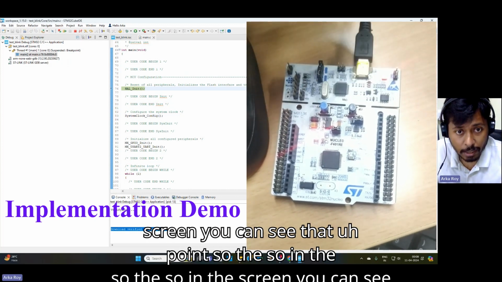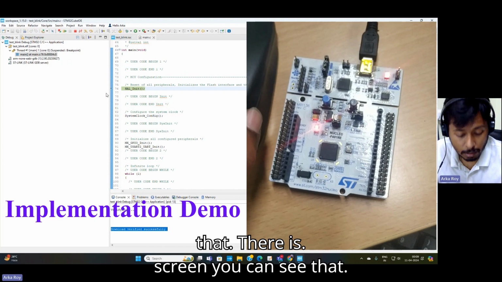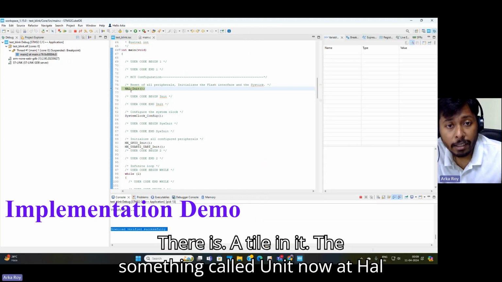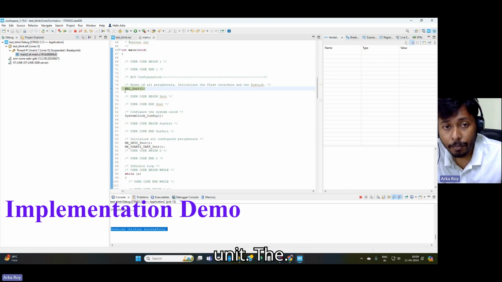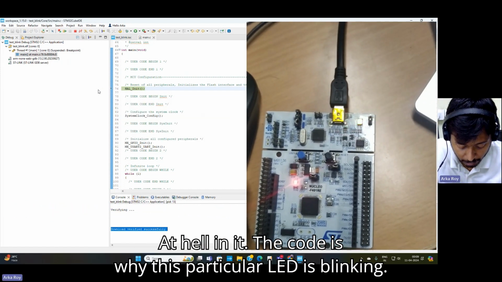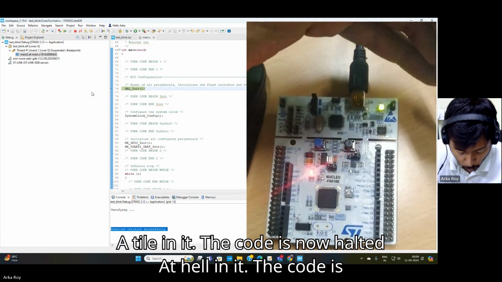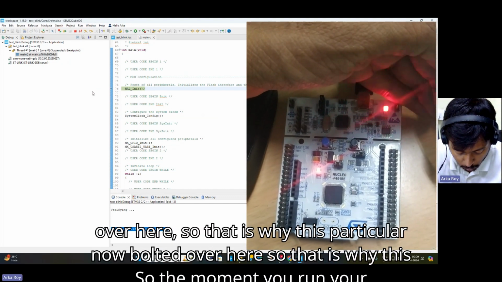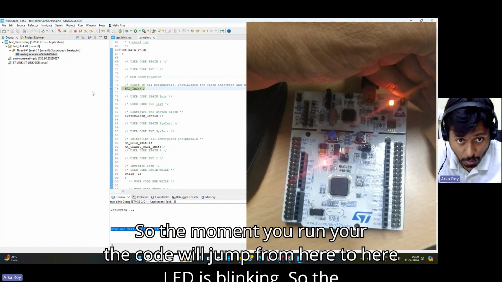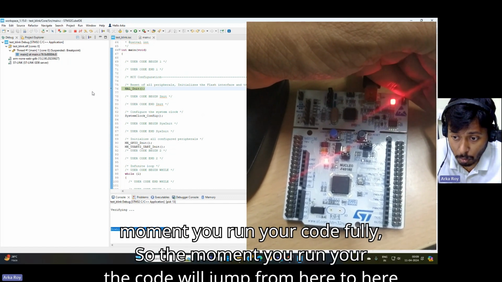So in the screen, you can see that there is something called HAL init. At HAL init, the code is now halted over here. So that is why this particular LED is blinking. What will happen is that the moment you run your code, the code will jump from here to here,